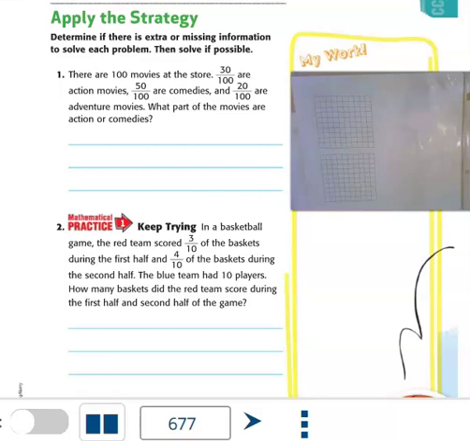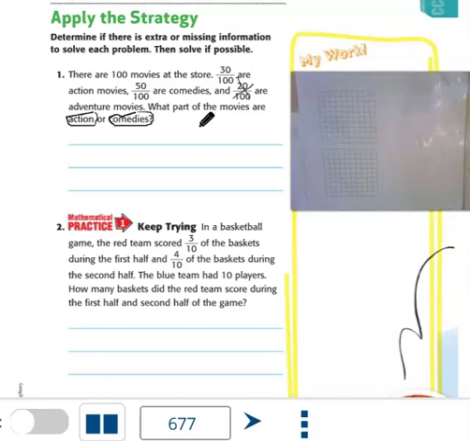Okay, so here it's told us the only types of movies we need to worry about are action or comedy movies, which means we've got some extra information. We don't need the adventure movies. So this is extra information right there, the adventure movies. We just need the action and the comedies. And I'm going to go ahead and model it